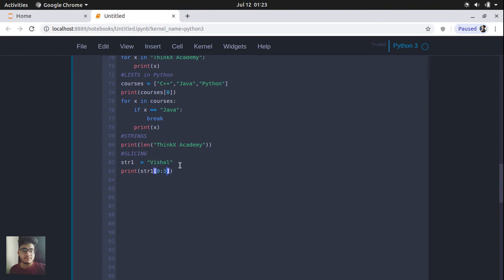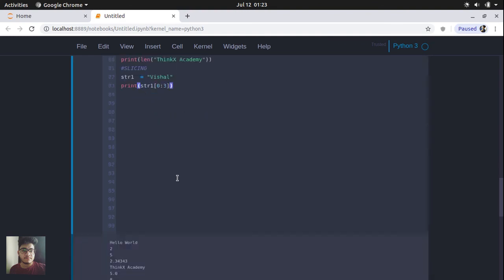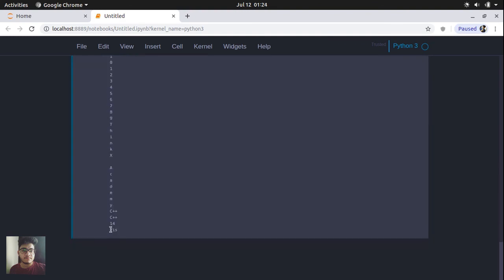3, right? In this string, each and every character has an index position which starts from 0, and you can see that V has index position 0, then 1, then 2. So when you write it like this, str1 0 to 3, it is not going to include 3. It will only include the characters 0, 1 and 2. So in order to include index 3, you will have to write 4 here. Let's run this, and now you can see that it displays only the 0, 1 and 2 characters, which is